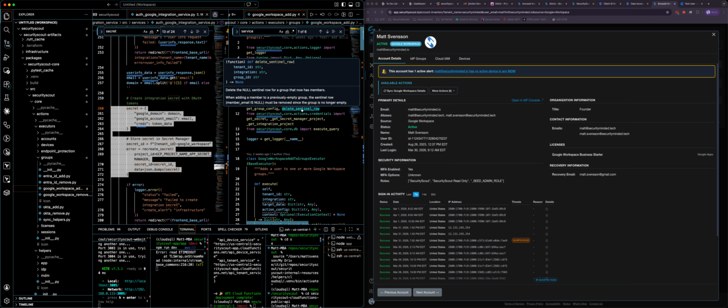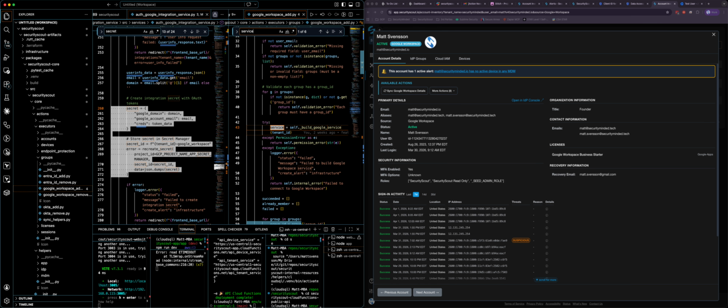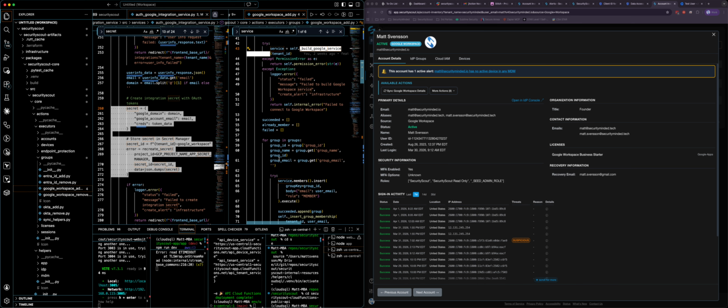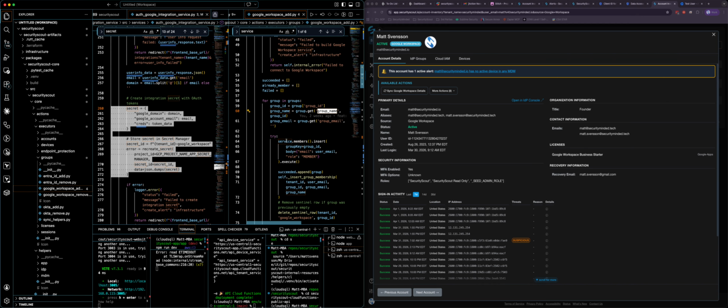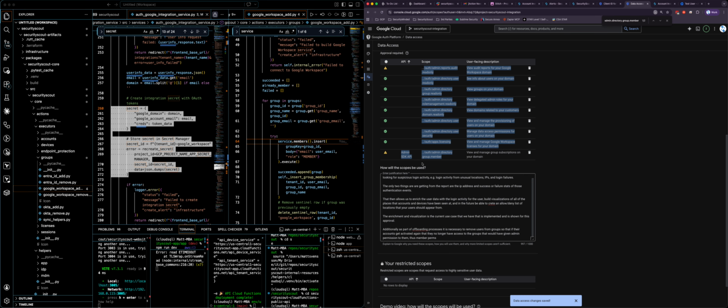The add would be the same, and funny enough, you can hear Google in the background talking. So service, build Google service, then we go in, be sure we have the correct group information, group ID, and we group members insert. So that is the full set of all of the director, group member, and audit